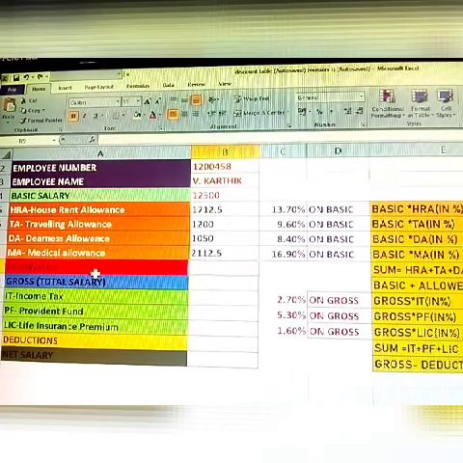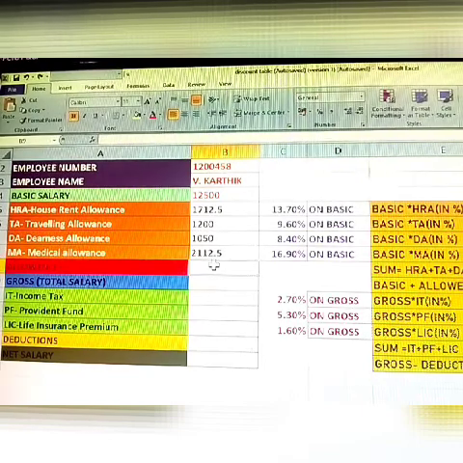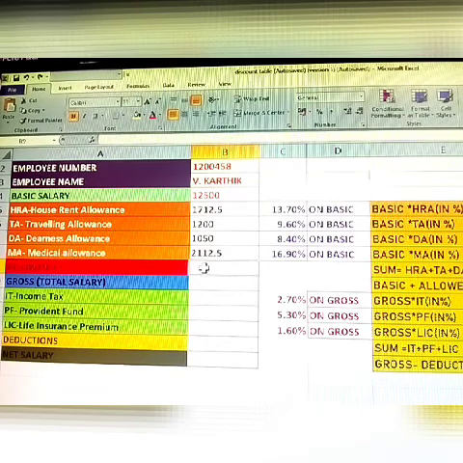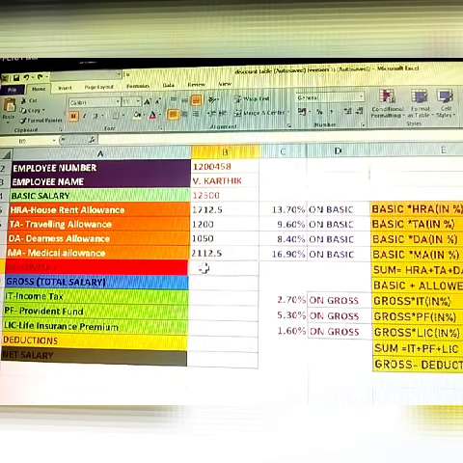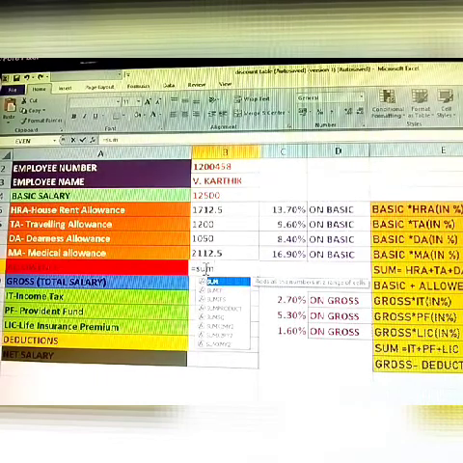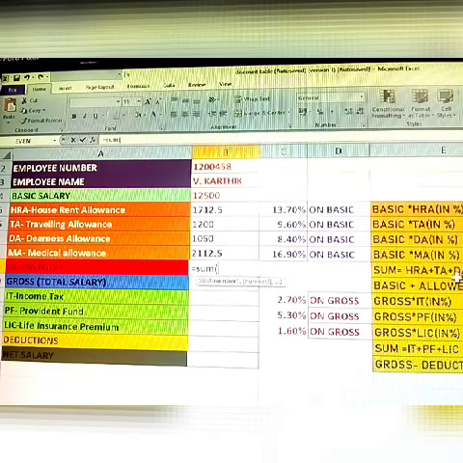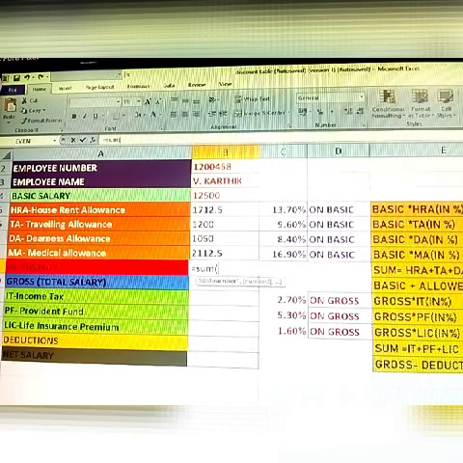Okay. How to calculate the allowances? Equal to, this means SUM, open bracket, and select the allowances HRA, TA, DA and MA.